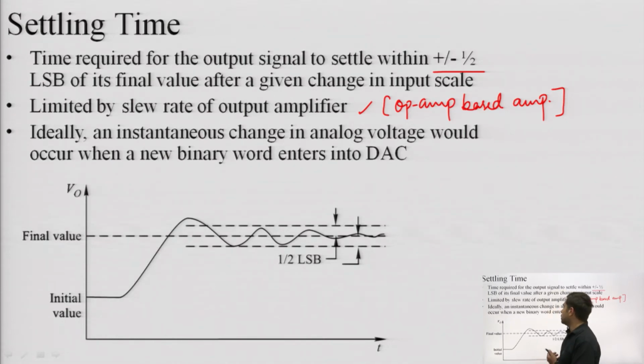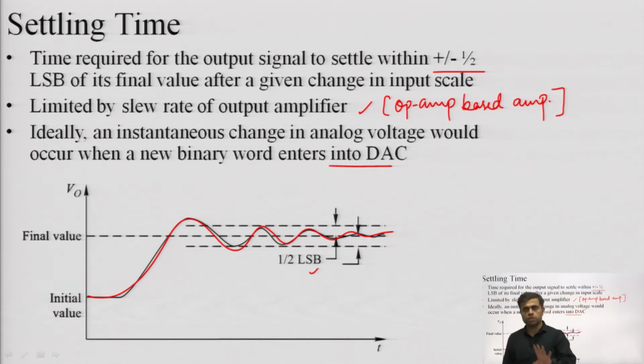settling time. Okay. So ideally, an instantaneous change in analog voltage would occur when a new binary word enters into a DAC. Whenever a new binary input enters a DAC, then corresponding to that, the circuit will start changing its output, and these changes will be showing something like this. And once these changes have settled within plus minus half of LSB, we will say that this output is stable. We will not be waiting till the exact stable output. If my output is within half LSB, either plus or minus, we will be considering it as